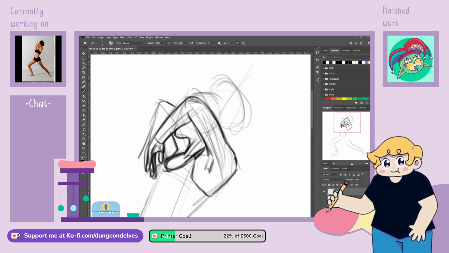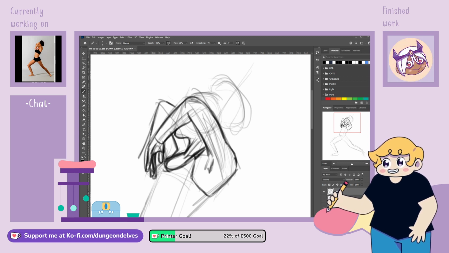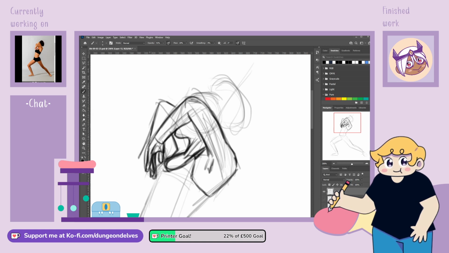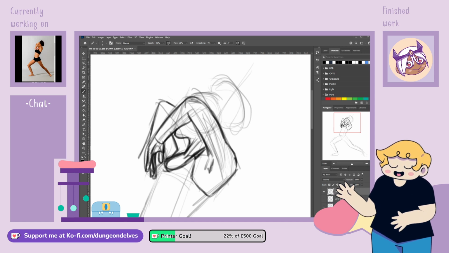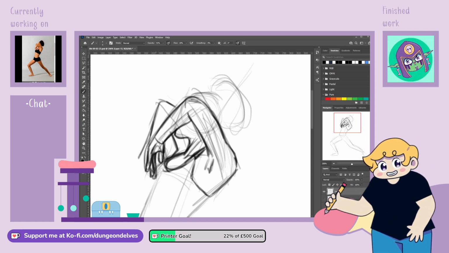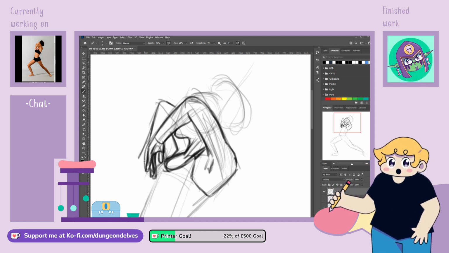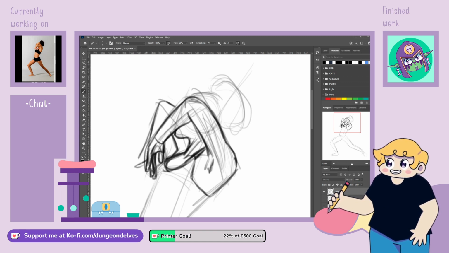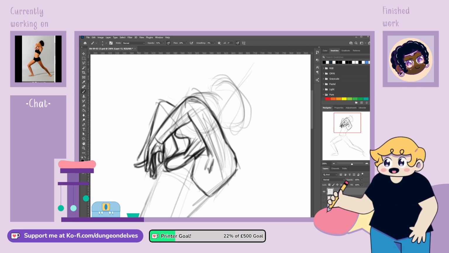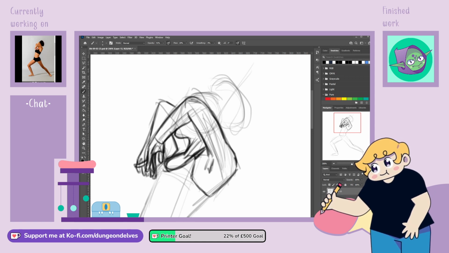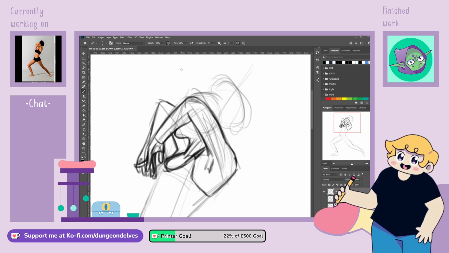15 minutes. We're good. I feel like I like where the hands have gone. Oh, that's where the other finger is. I was like, there's only 3 fingers. Where is it? And I was like, well, I'm not going to add it if I can't see it. It's pointing over here, which is very interesting because it's crossing the other hand. And then these fingers you can kind of see a little bit. There's 2 there. That's why I couldn't see it. How interesting.